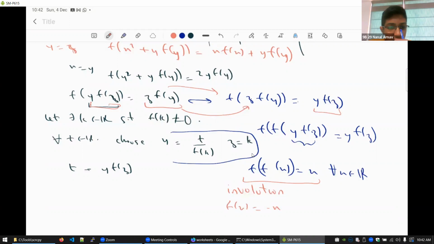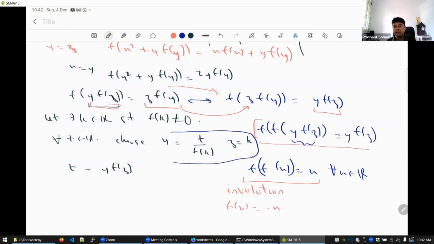Sir, what was the use of that t? I mean, in this expression, we didn't know whether this statement is true for all y and z. But to jump from here to the conclusion that for every real number x it is true is conditioned upon whether this expression f of z can take all real values or not. Okay. And yes, sir, to achieve that,